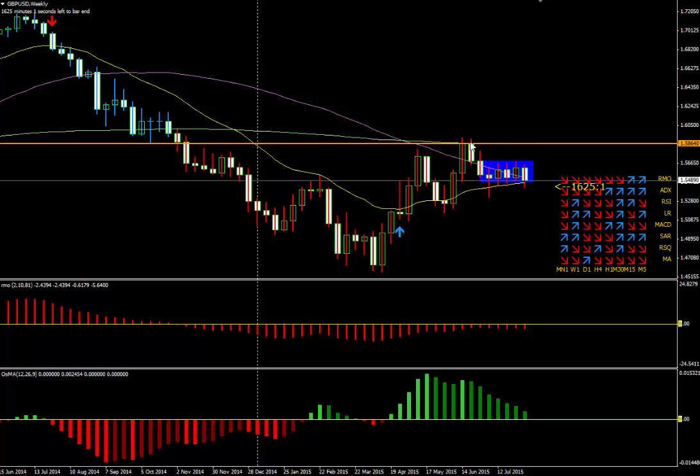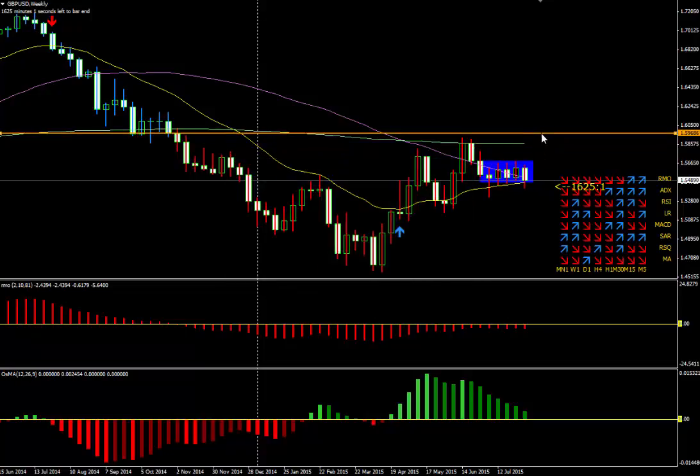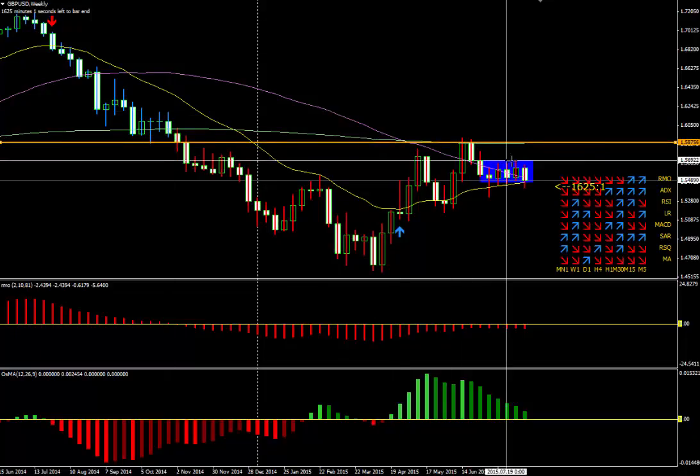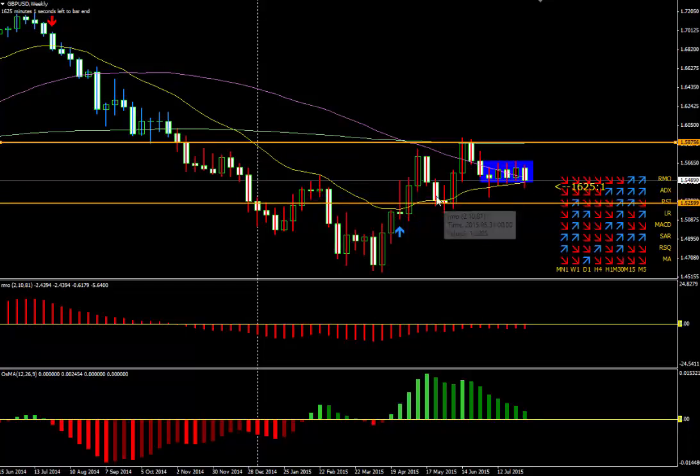We do have a current high that we can trade to, back to the institution moving average above us. If I can just move that over, you can see clearly that could be a first objective if we get one this week, and you're looking at in excess of 200 pips. The other side of that would be a break of the 20-period moving average, and then aggressively target the price swing high here, or this morning star formation level here,